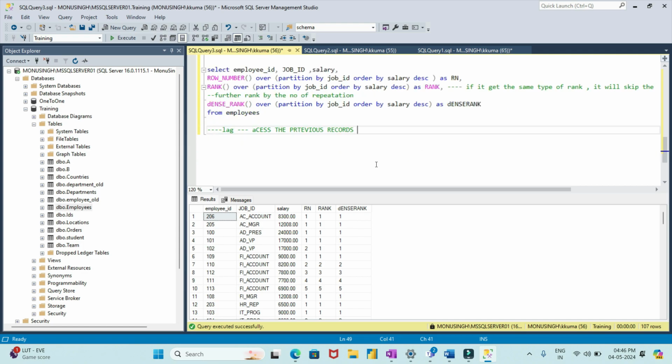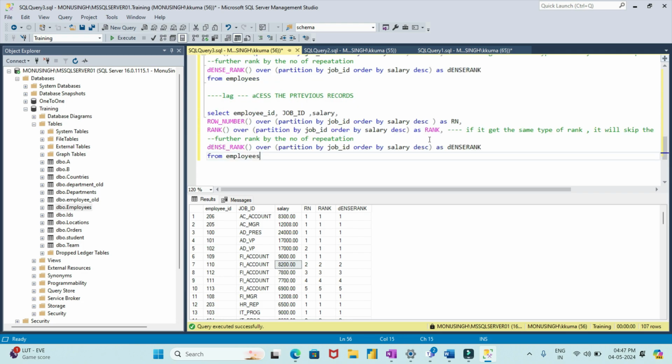Okay, so let's suppose I want to access the previous salary in the FII account, just to do the comparison. For FII, the first salary is 9,000 and the second salary is 82,000. If I want to access the previous record, I will use the same data, and along with dense rank,